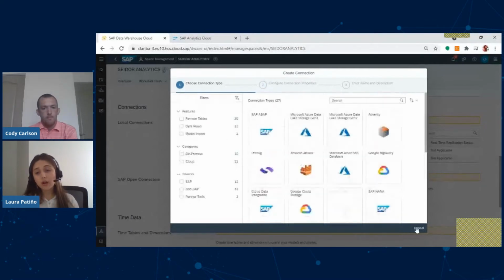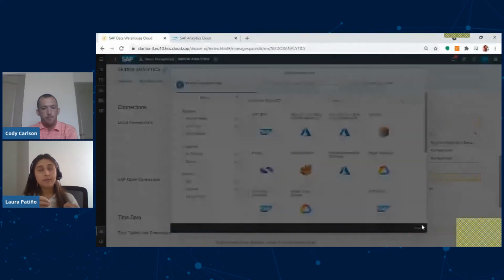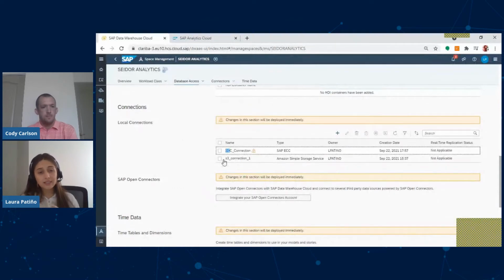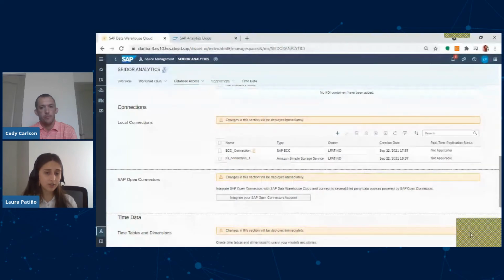And the configuration of these connections is really easy. For this example, we can find two connections I already set up. The connections are from an ERP, where we are taking the information from the transactional processes of the company, and another connection to S3 buckets in AWS, where information from IoT devices is stored. And there, that raw information is processed and so on.